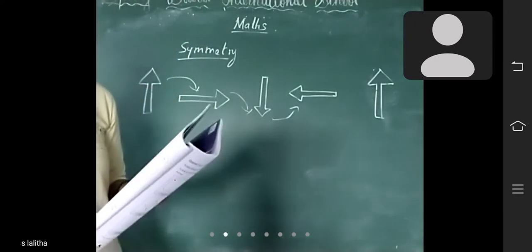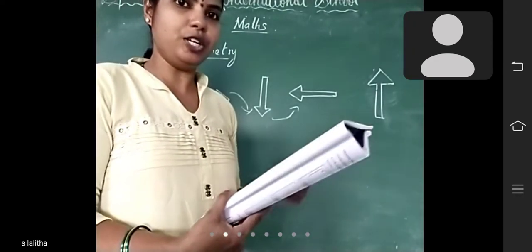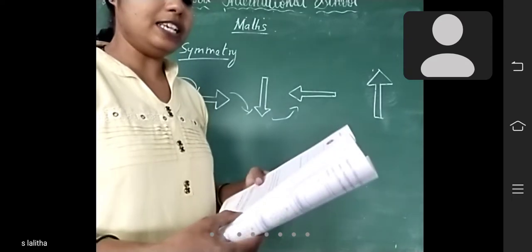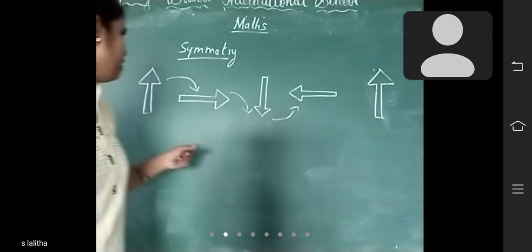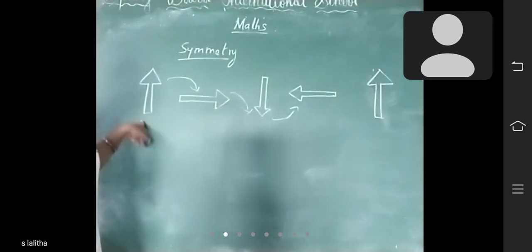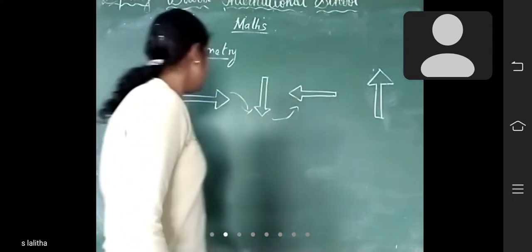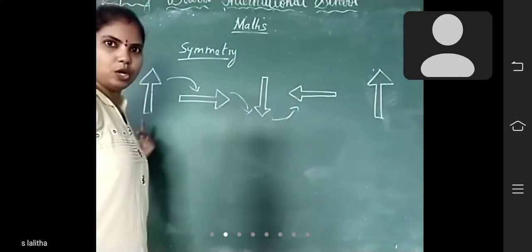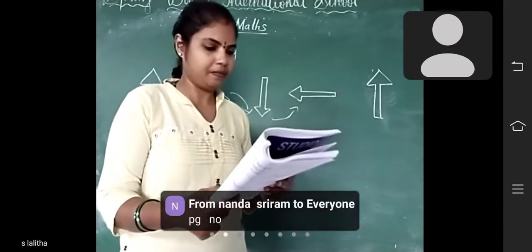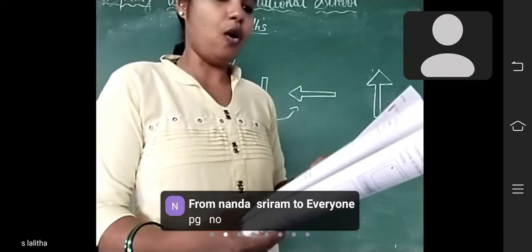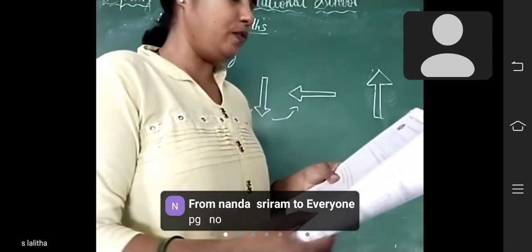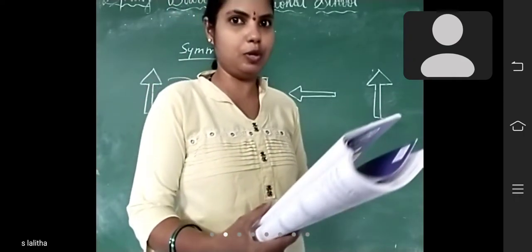Next, in fact 2.11, the original position of the arrow and its last position are the same. See here, first position original shape and it is the last shape. Both are same or not? Yes, both are same position. The arrow has turned 4 times in the clockwise direction from the original position to the last position.